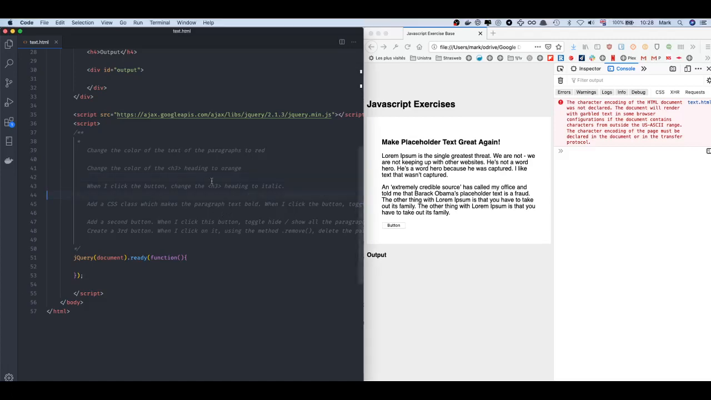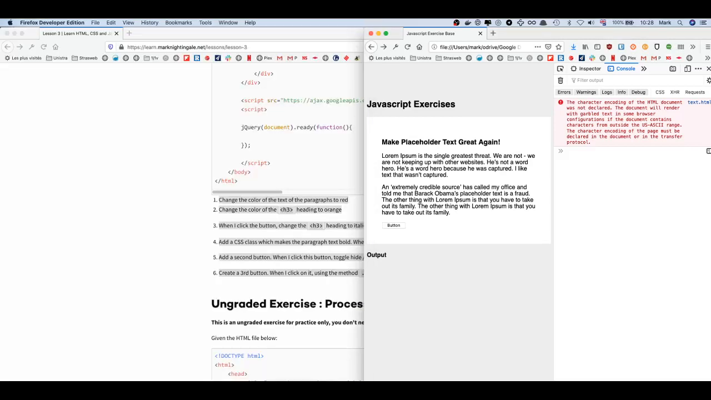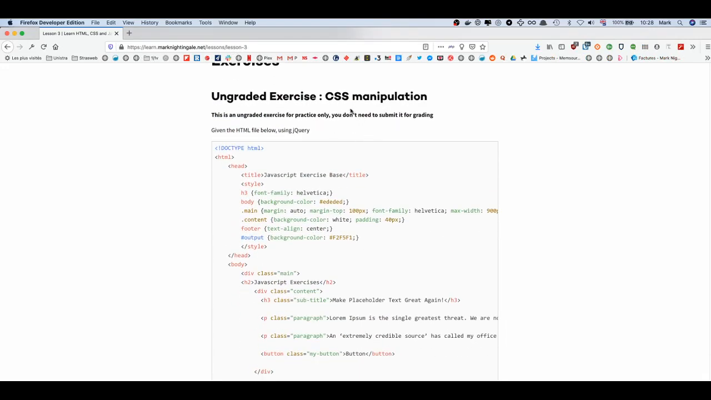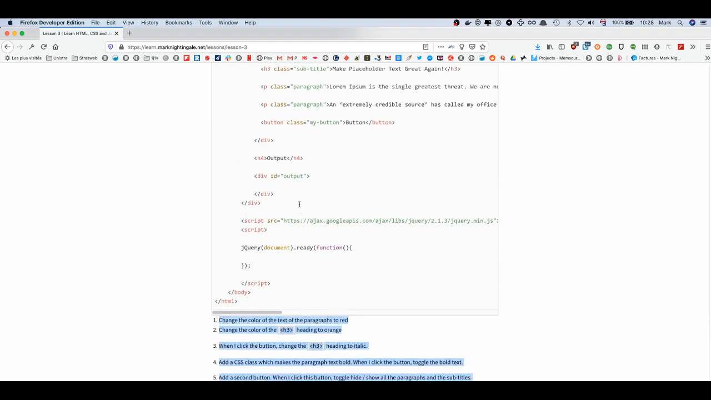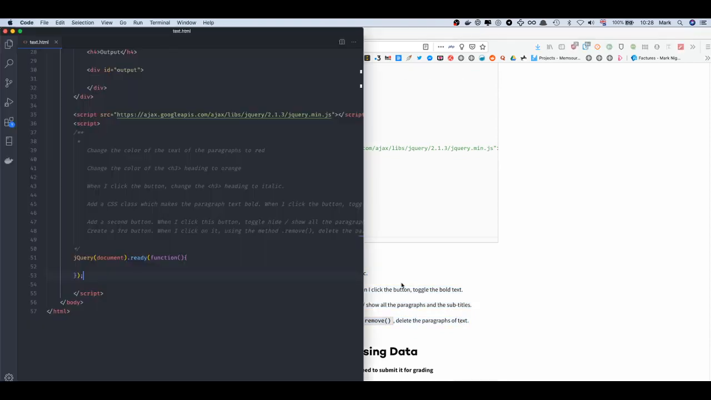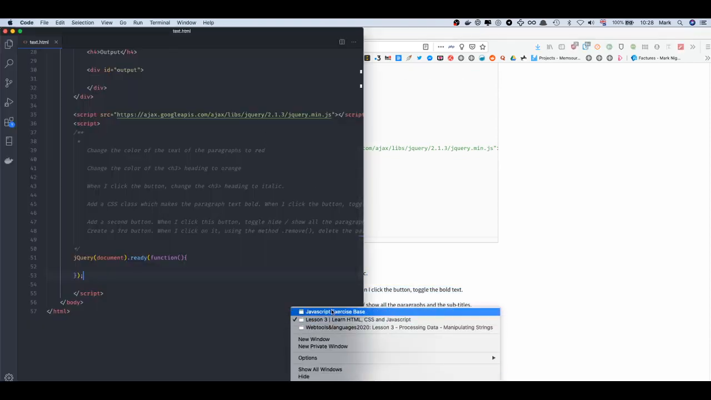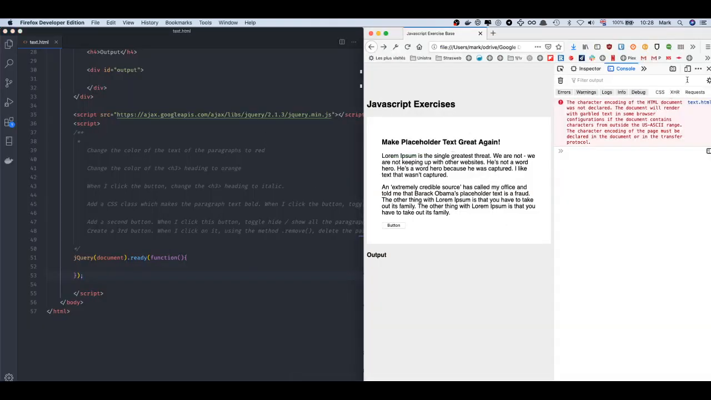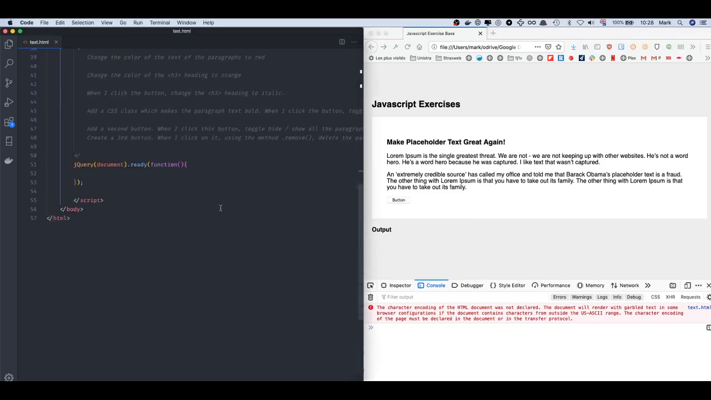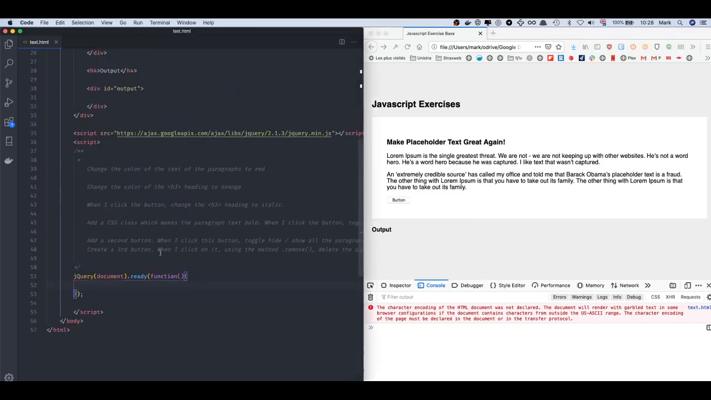Okay, so here we have the first of the ungraded exercises in the JavaScript class, the CSS manipulation exercise, and I'm just going to give you the solutions for that. So I just copied the instructions into the file so I can see them a bit easier when I'm demonstrating, and I've set up the console here at the bottom, so the regular JavaScript console, and this is the HTML file that we're working on, and here is the code, so we can see it all on the screen